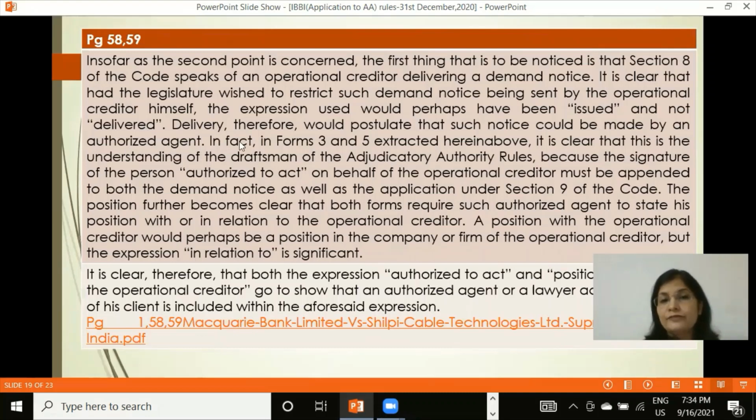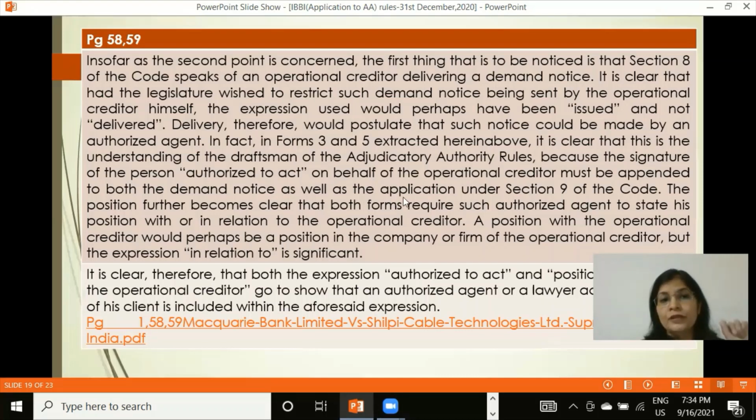In fact, Form 3, that is the form for the demand notice, and Form 5, whichever is being stated in the case itself. And if you remember, I have specifically mentioned, it is clearly the understanding of the draftsman of the Adjudicating Authority Rules, because the signature of the person authorized to act on behalf of the operational creditor must be appended to both the demand notice